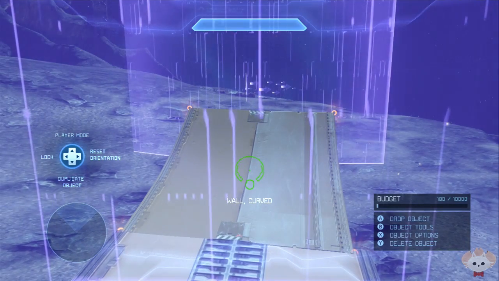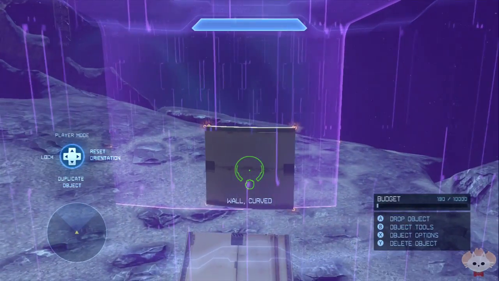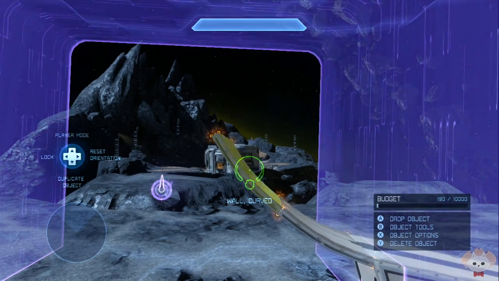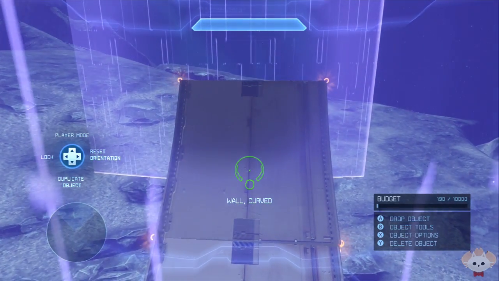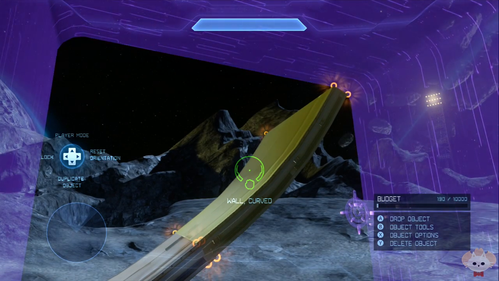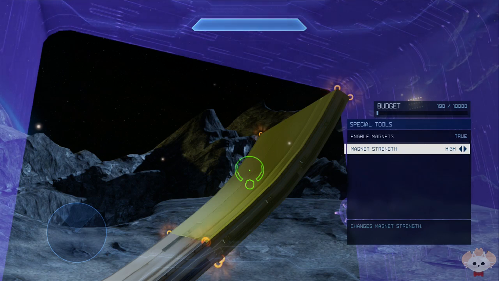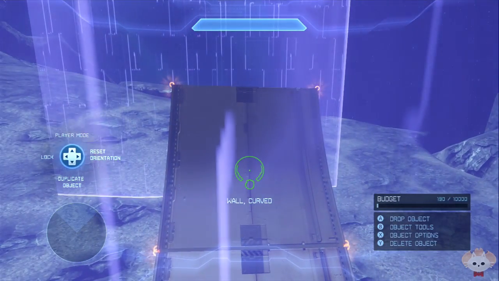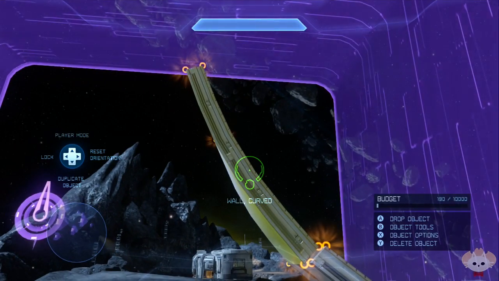Okay. Is there a time I'm getting in my forging mode? I got really quiet. Alright, so wall curved. Let's do another one. See what it's like. Oh, go up, go up. Is that not gonna lock on? Wonder if I turn on the magnet system. There we go. And it's not exactly straight, but